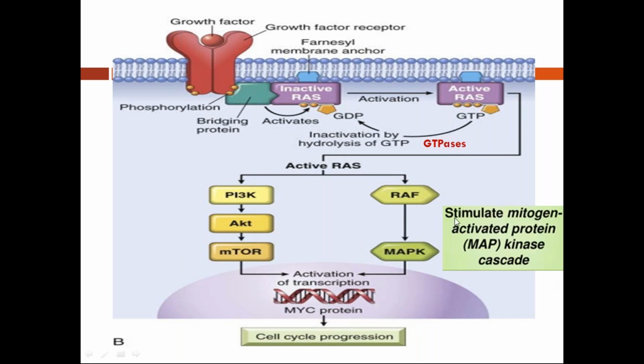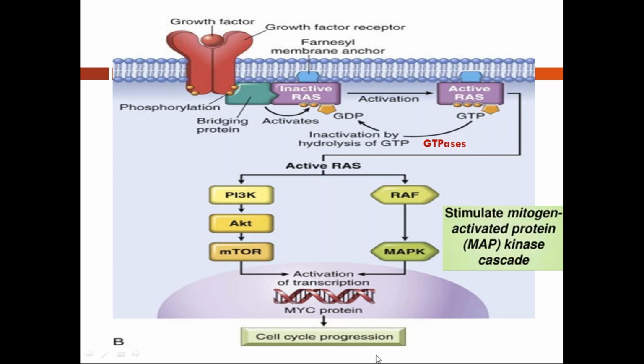It's not compulsory that you have to remember the full form, but just for understanding's sake, I've kept it here. So you can just mention that the activated RAS in turn activates the signal transducing pathways, that is PI3K and RAF. These pathways activate the transcription factors, that is the MYC protein, which causes cell cycle progression. So this is the normal thing which I mentioned.